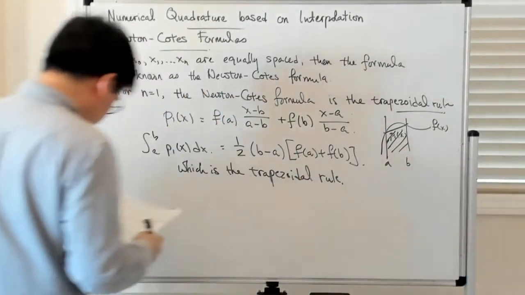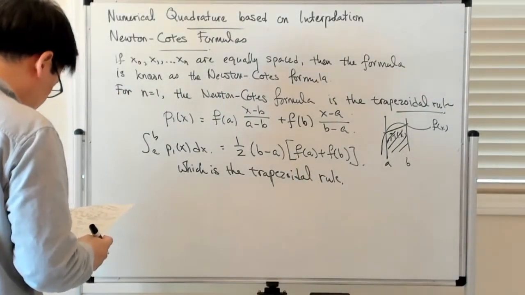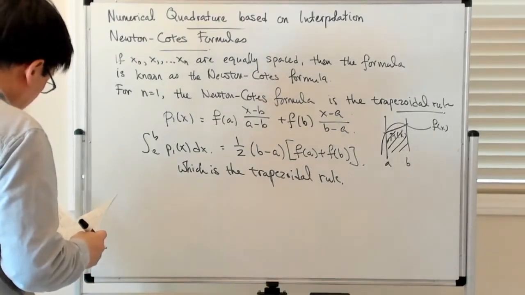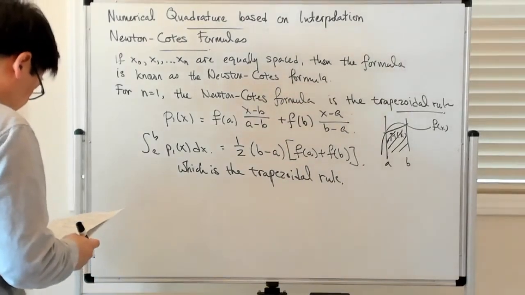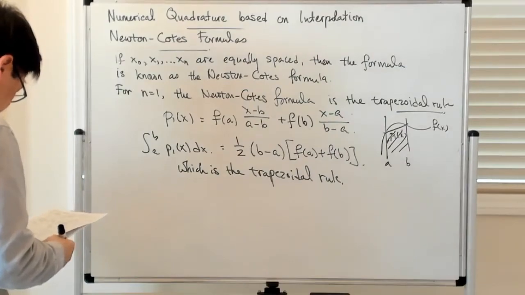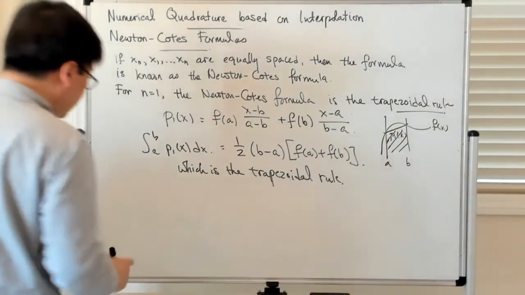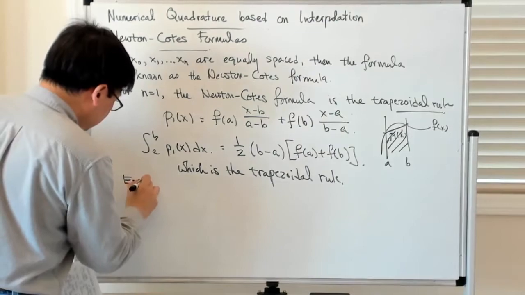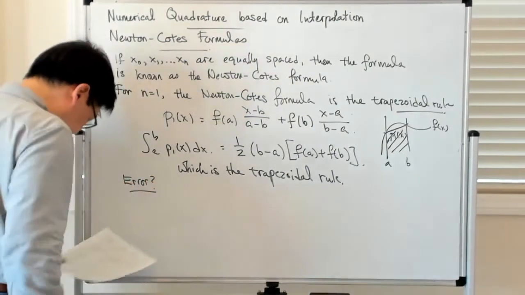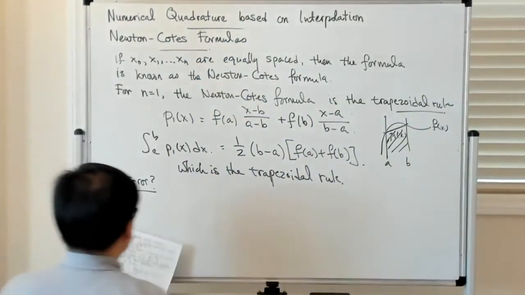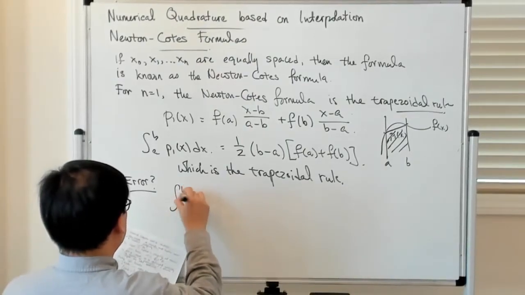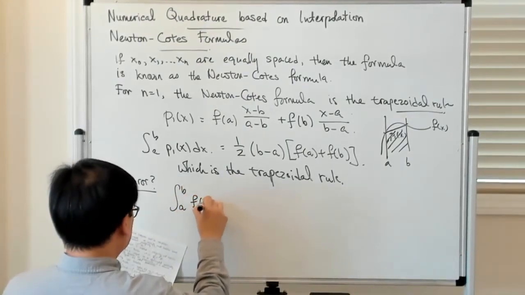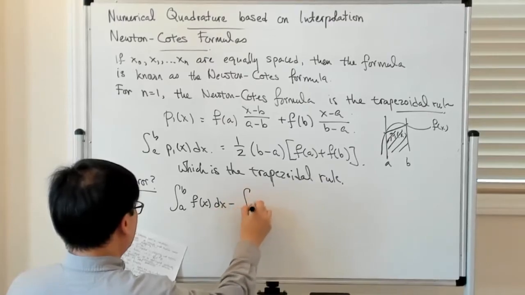Okay, which is sort of what we had said before. So what you can do is you can try to compute the error, right? So what is the error? Okay. So the integral from a to b of f of x dx minus the integral from a to b